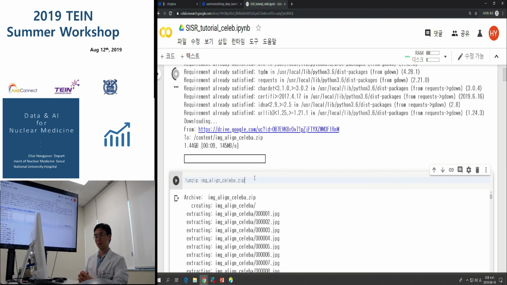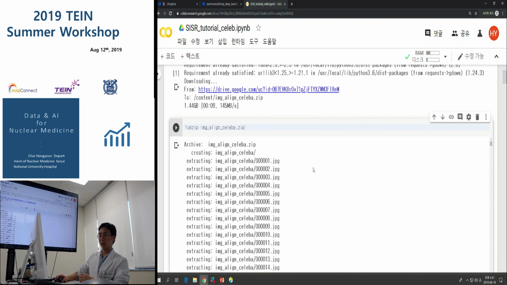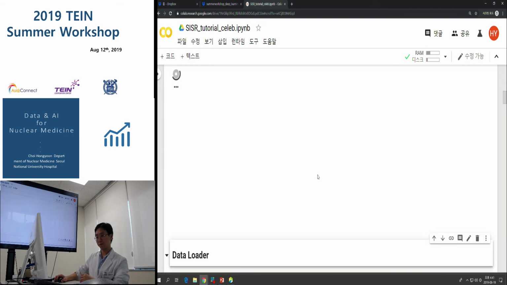The data size is more than 1 gigabyte. However, it downloads very fast. And by unzipping this one,